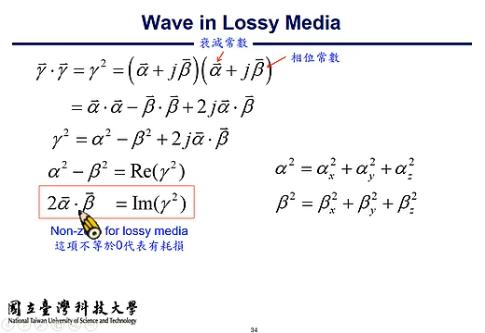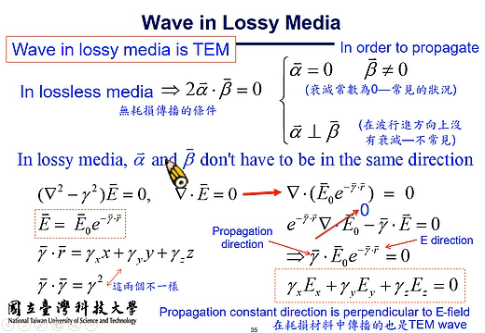Because the requirement for a lossy medium is that the imaginary part of gamma squared is non-zero, we can think of what conditions achieve a lossless medium. To achieve lossless propagation, we shall have alpha dot beta equals 0. This can be accomplished